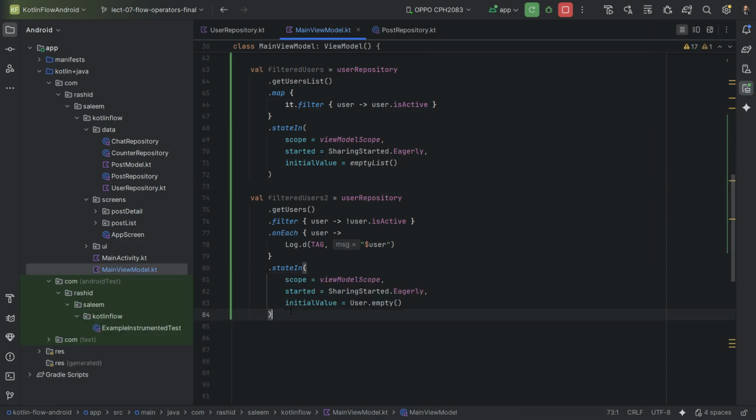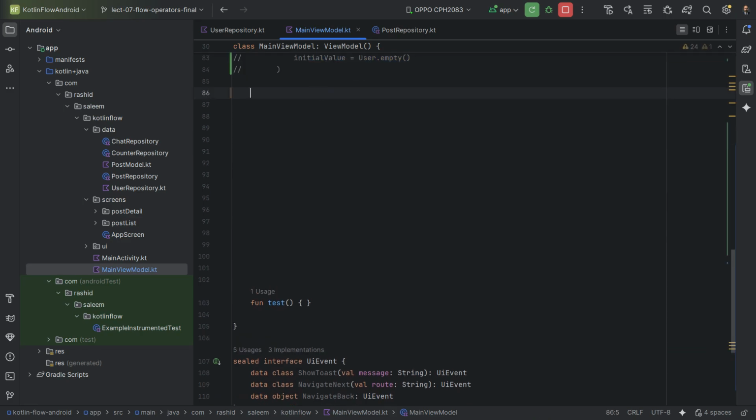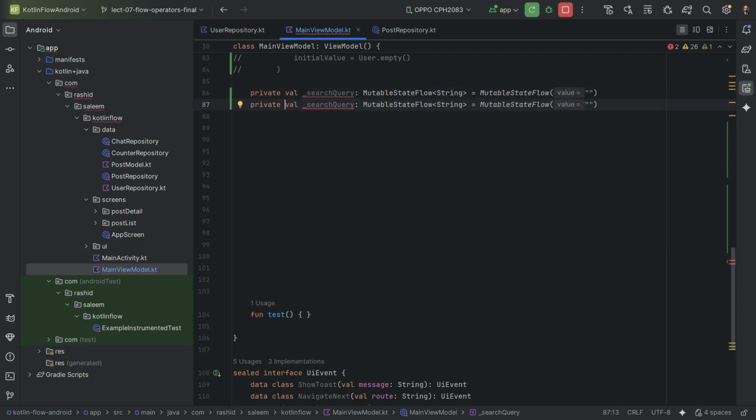So I will comment this code and create a private search query, mutable state of string, and expose an immutable version of it. By pressing Control D, make a copy of this line and expose an immutable version of this search query. Assign this to this one, search query. So this is a public variable which we will access outside the scope of this view model, and in our